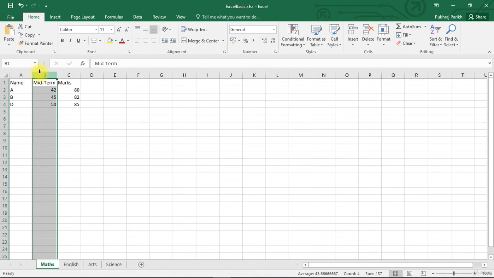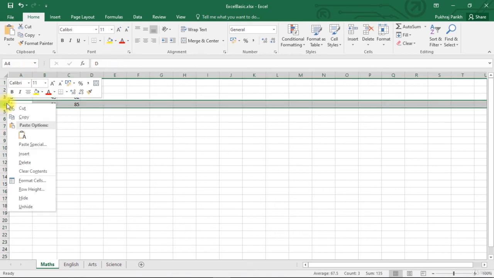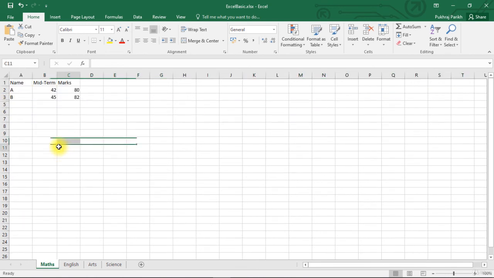Similarly, for rows, if I want to hide data of student D, I'll right click on the row name and select hide. Again, if I hover my mouse on the border, you can see this is one type of cursor. If I move slightly down, this is the other type of cursor. The first type of cursor will be used to resize the row, that is to adjust the height of the row.